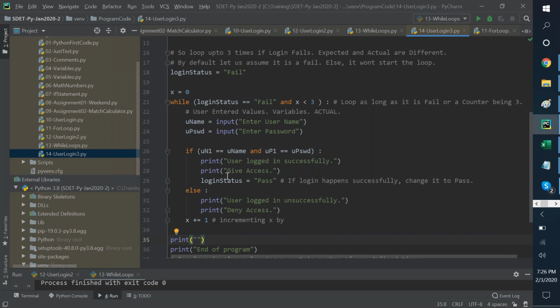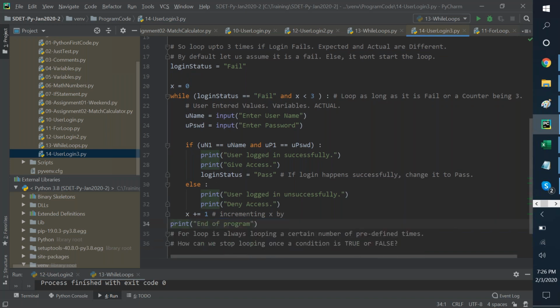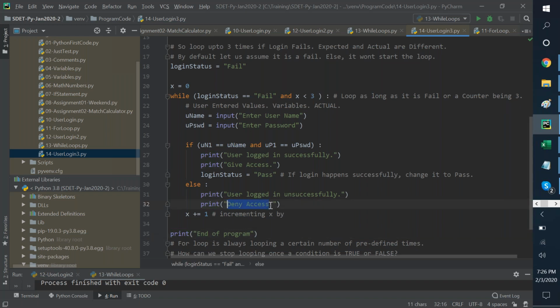In fact, from here, we'll go to a different function call altogether, team. End of program is done. So did I log in or not here? I don't know. But basically, I've got the print there, and I'll have an end of program, so I know if I've logged in or not. And user logged in unsuccessfully. Instead of deny access, try again.